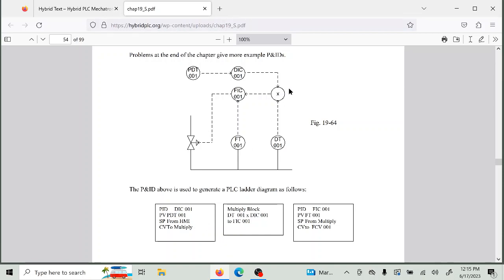The output goes to the multiply block, so the CV goes to the multiply block, which is this block right here. The multiply block takes this signal and this signal and multiplies them together and becomes the set point for this block right here, which is our second FIC001. And the multiply block says multiply the value from this transmitter times the output from this PID block. What does this do? I don't know what this one does, but basically this flow controller controls